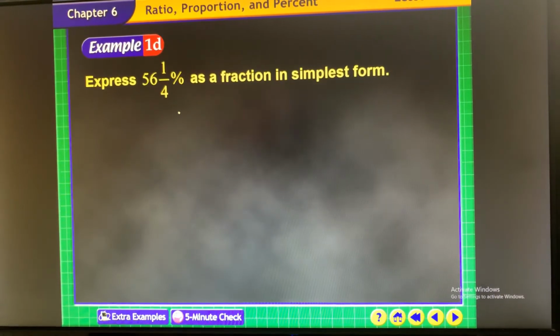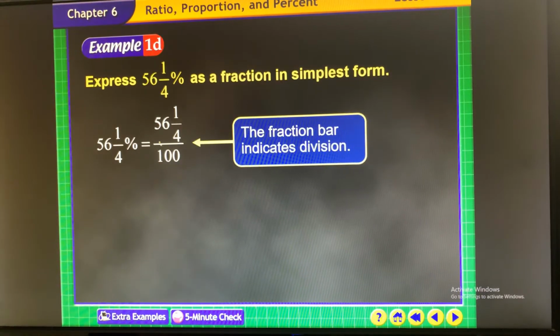5.25%, that's a benchmark fraction. I wonder if you remember what it is. So again, complex fraction. I wouldn't do it this way. So hopefully you just remember what the fraction is